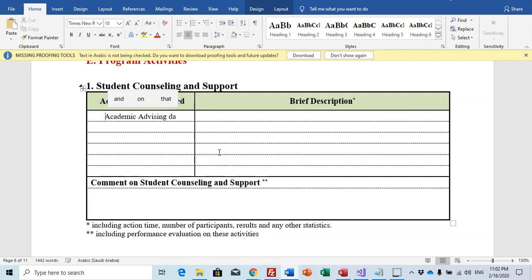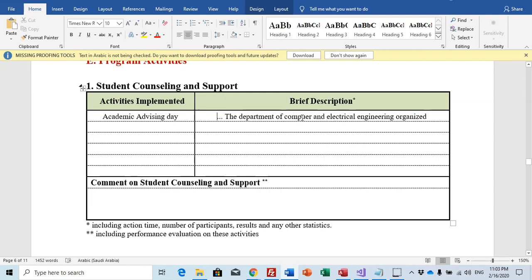For example, academic advising day, pre-extension, the Department of Computer and Electrical Engineering organized Advising Day and so on.